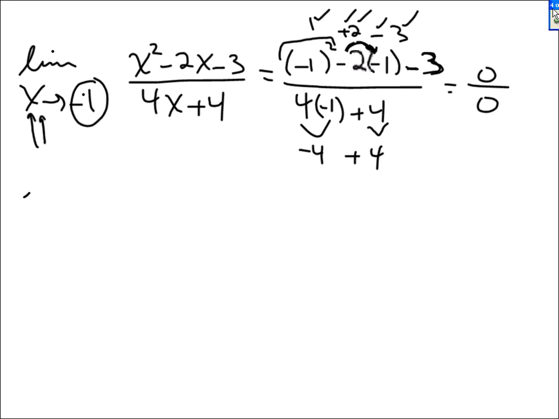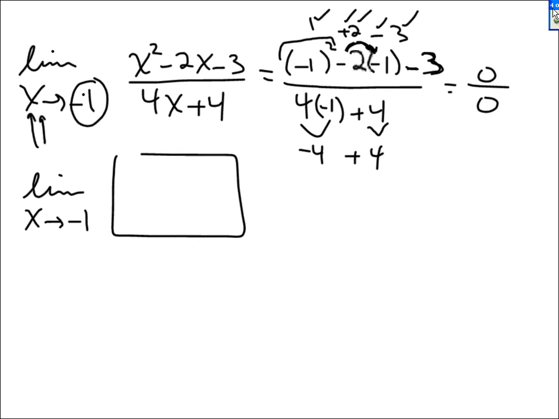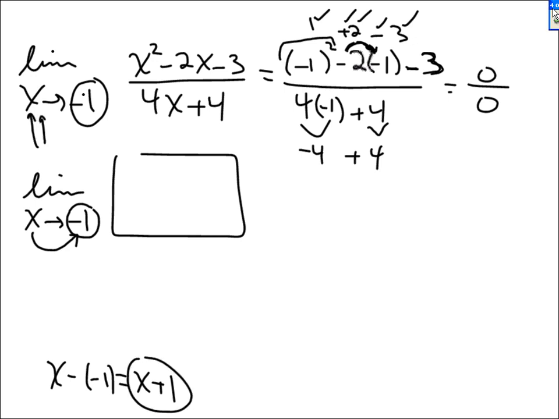So now we're back to pre-substitution. We're not substituting. What I'm writing here will not have -1 substituted for x. That's where I have to write limits again. Now, x minus that number, x minus -1, x plus 1 must be a factor. If the numerator and the denominator are polynomials and -1 makes them 0,